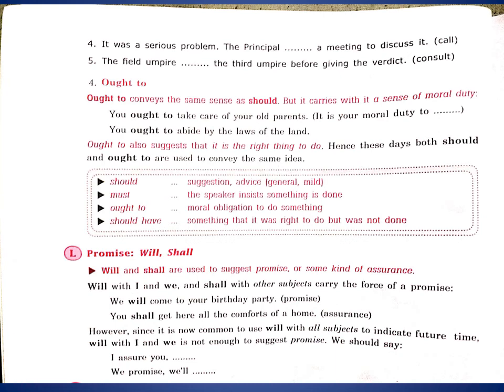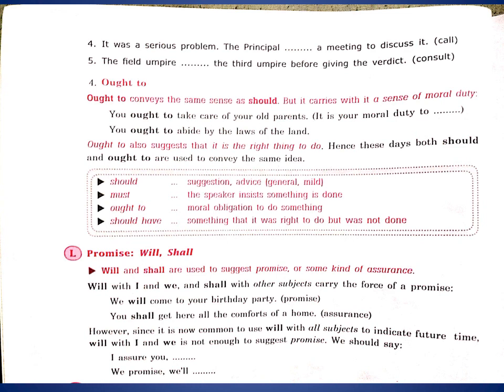Let's see the next. Promise. Will, shall. Will and shall are used to suggest a promise or some kind of assurance as modals, right? Will with I, we, and shall with other subjects carry the force of a promise. We will come to your birthday party. Promise. You shall get here all the comforts of a home. Assurance. Right? So when you talk about promise or assurance,